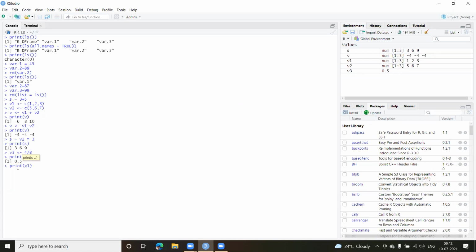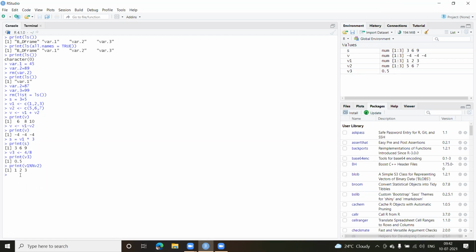So I'll write v1. The remainder operator is the percent sign, and it is two percent signs, not a single percent sign. In C programming, it is single. It is known as the modulus operator. Here we put the two percent signs followed by the other vector, v2. I just press enter, and I get the answer. Fine, so here you can see it is performing the remainder.